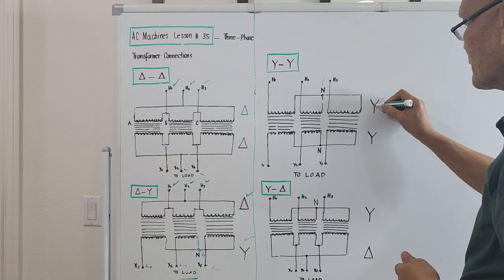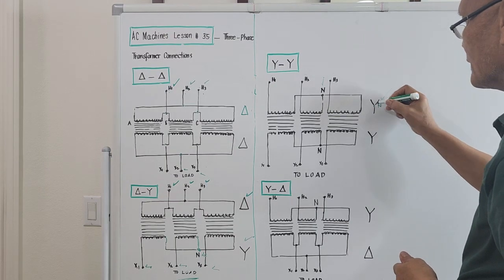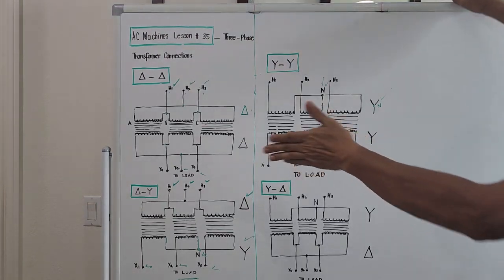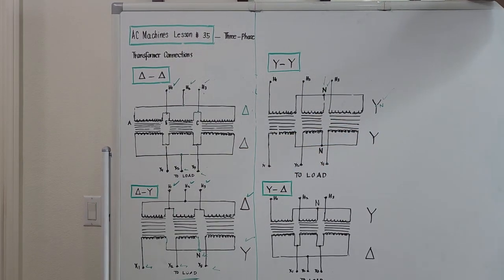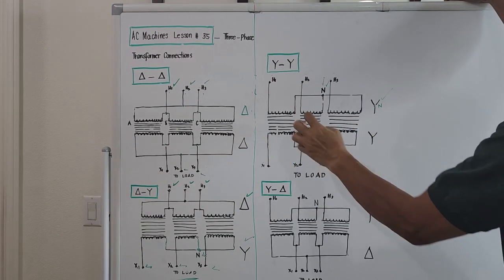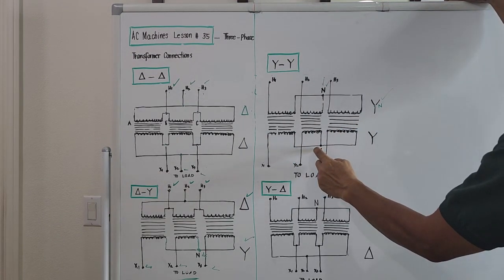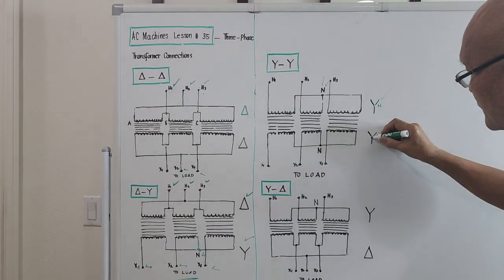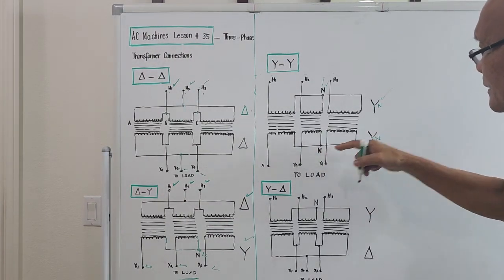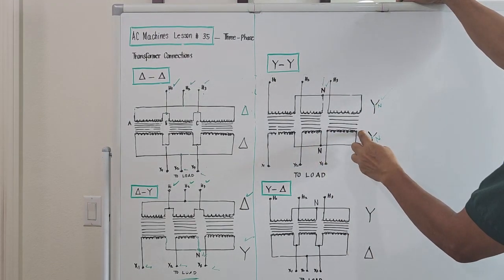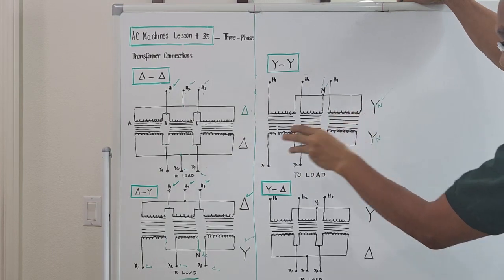The neutral point is actually here. It's this one. For the secondary, it's still the same. This is left, left, left. We merge it into one. We connect it to point N. That's neutral. It is this point here. Right? This is left, left, left. Right? And for the remaining